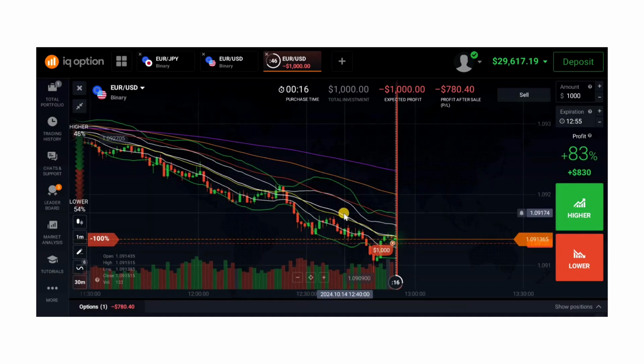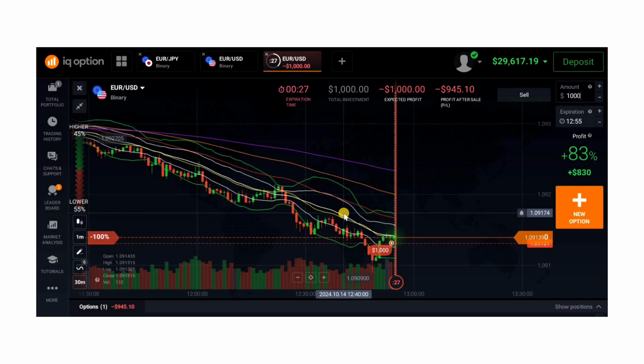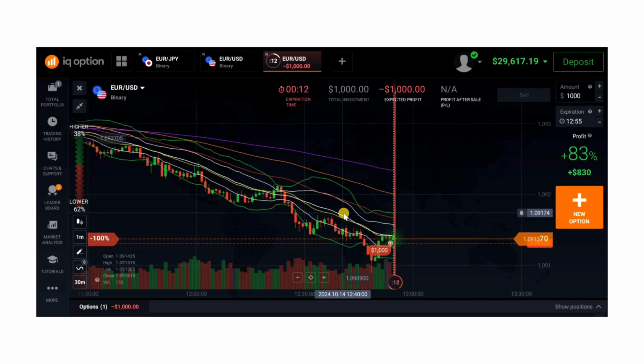So because of this, I am going to position my trade in such a way that I don't care if I lose or I don't care if I win. What I care about is the probability that price is going to go down more than it's going up. So when I know price is going to go down more than it's going up, I am going to place each and every trade I get from now to the next four trades in the downward direction. Why? Because of this past, it has a very high probability of going down.